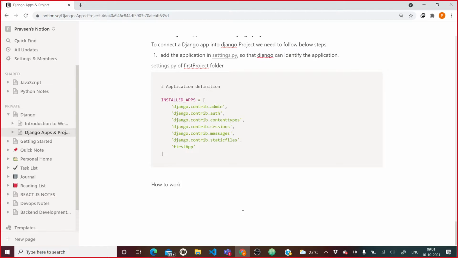How to work with an application in Django? You can work with an application by using the view file. Now what is, and how you are going to,